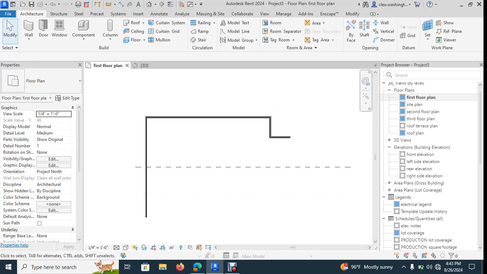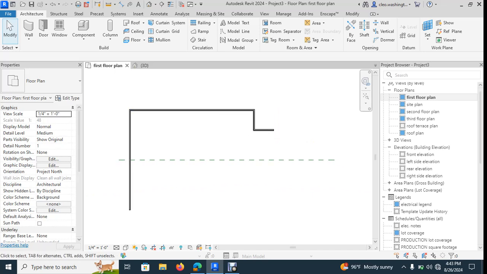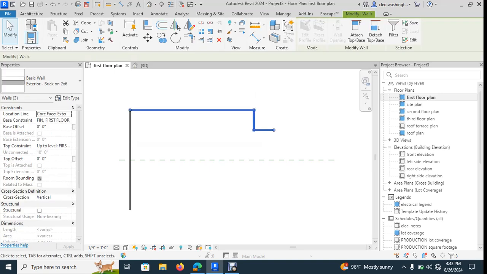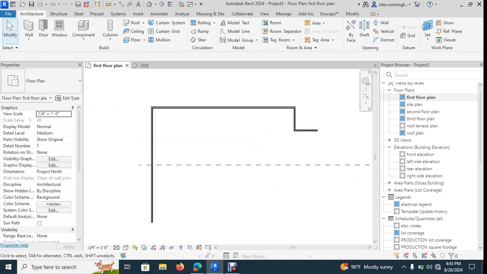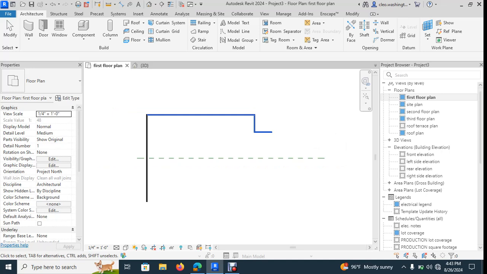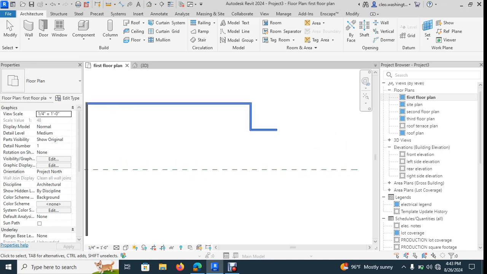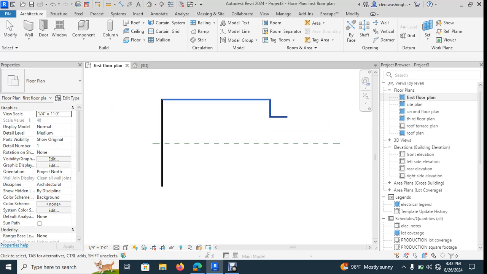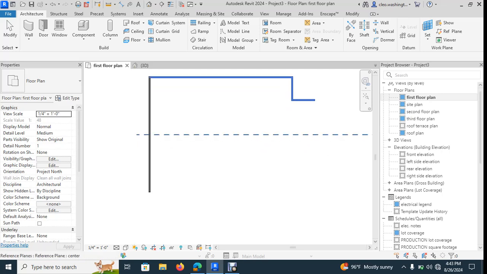But if you want to select multiple walls, there are two ways you can do it. You can drag and select all three of those walls, or you can type in MM for mirror and select this wall and hold down the control key and select this wall and hold down the control key and select this wall, okay? If you want to deselect a wall, you hold down the shift key while you're in the mirror command, and you can deselect the wall. But let's select them all while we're in the mirror command, and what you have to do now is tell it that you want to mirror these walls about this center axis. So once you select this center axis,